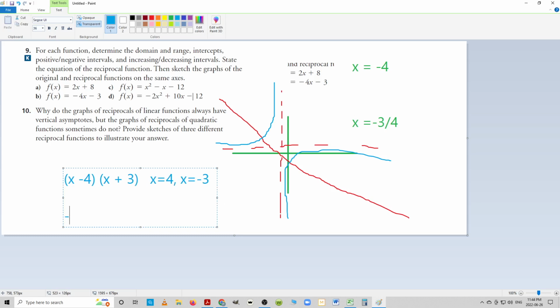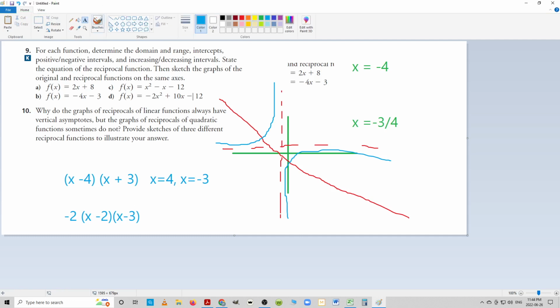And the second one, when I factor it, I take out x squared minus 5x plus 6. And when I factor it, I get x minus 2 and x minus 3. And this one's an upward facing parabola. This one's a downward facing. So for the upward facing one,